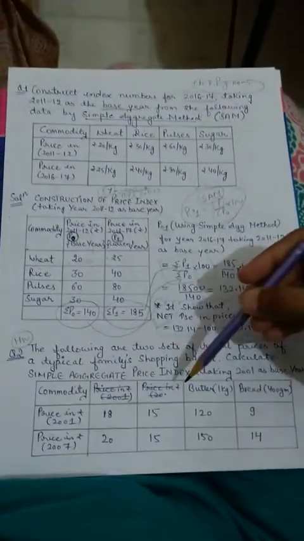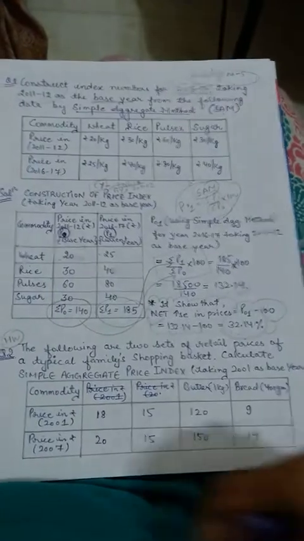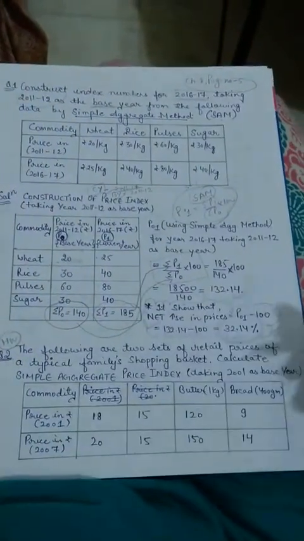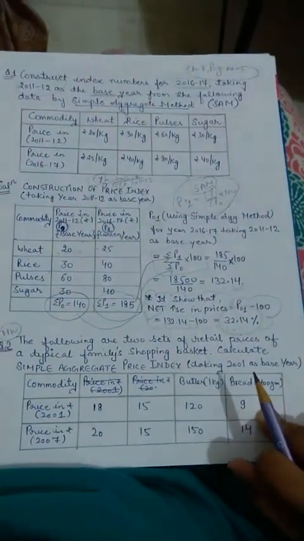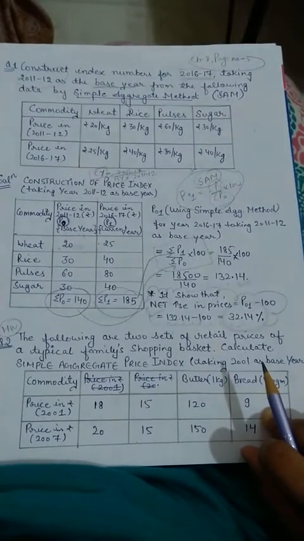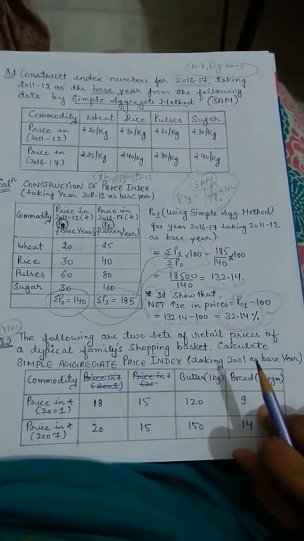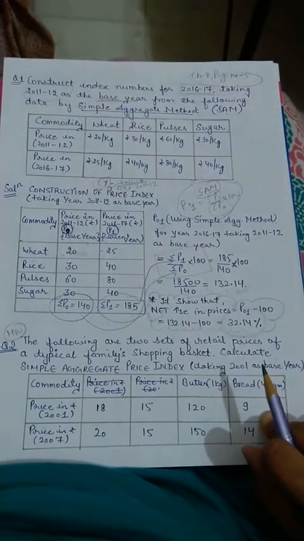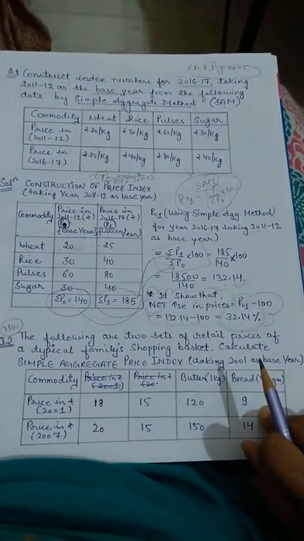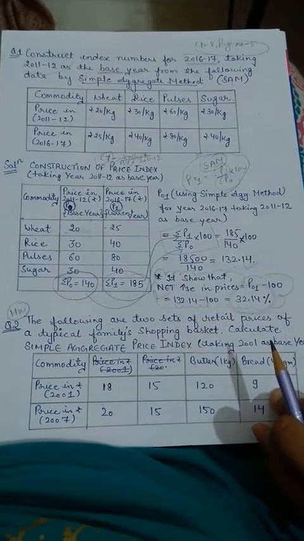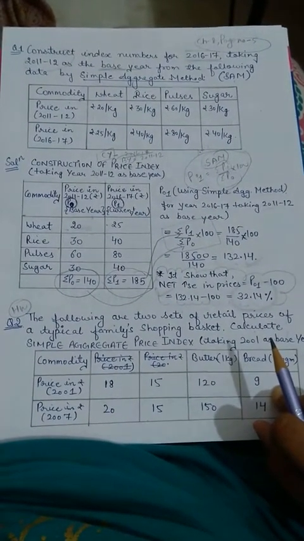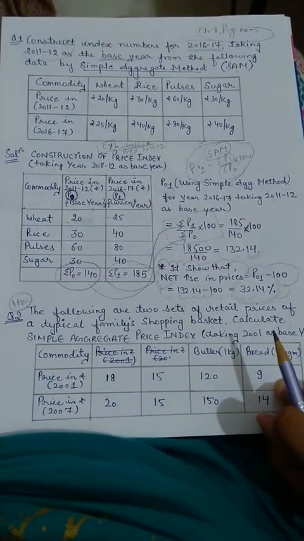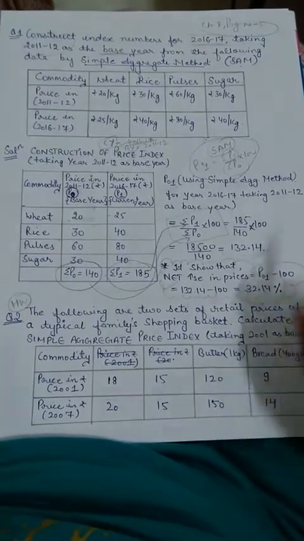So this second one is for your homework. You have to do it in your homework. After doing it, you have to send the solution to me so that I can check whether you have done it correctly or not. Then I'll send it back to you. Hope you have understood the first method. It is very easy as compared to standard deviations.